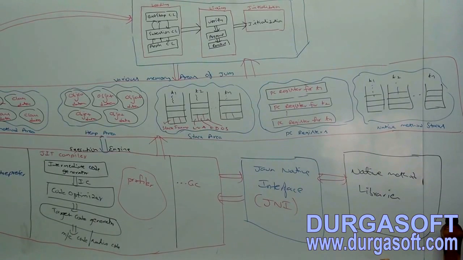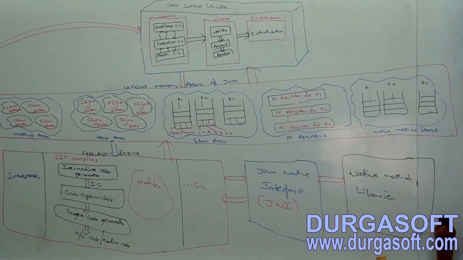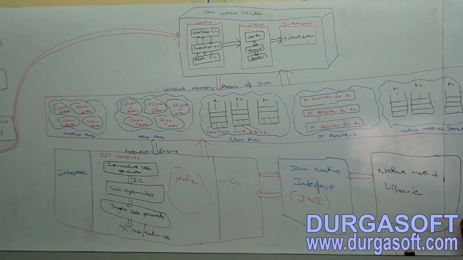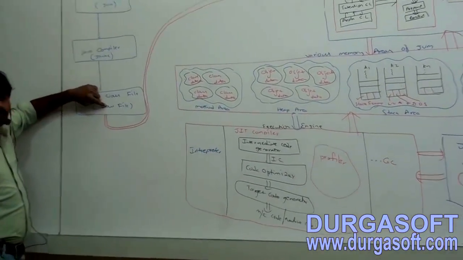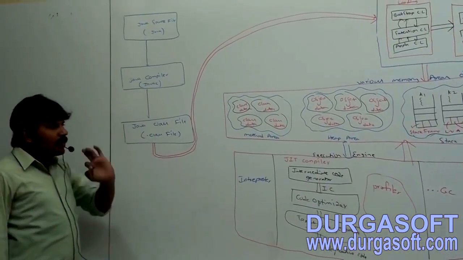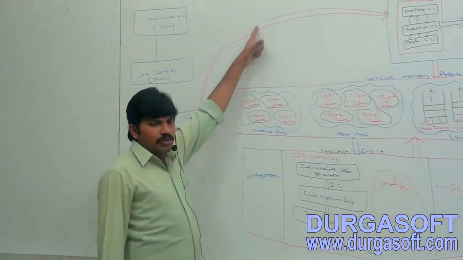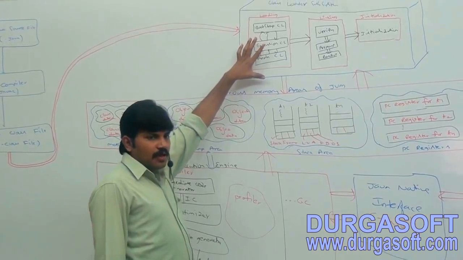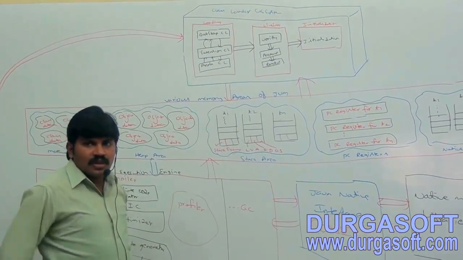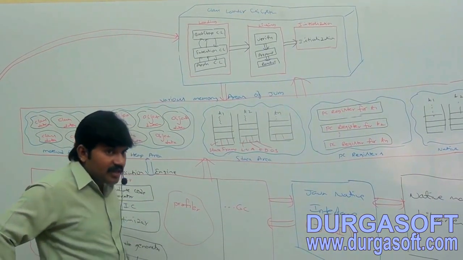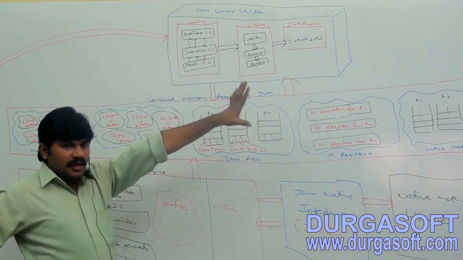So this is a simple diagram, the basic idea of JVM architecture, right? Have you remembered? First I have a .java file. My Java compiler is responsible to compile and generate the .class file, which is nothing but bytecode. Now whenever we are executing, my JVM is going to take the .class file as input. First, who is responsible to load our .class file? Class loader subsystem. It is mainly responsible for 3 activities: loading, linking, initialization.